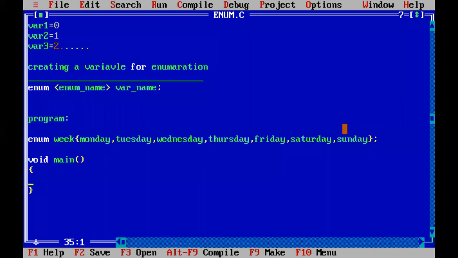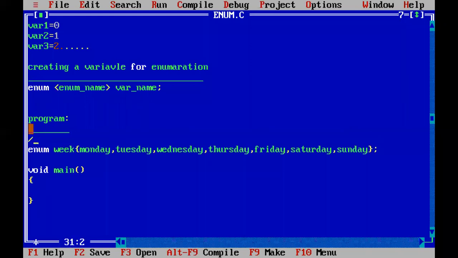So now you see here in this program, this code is written for defining an enumeration.